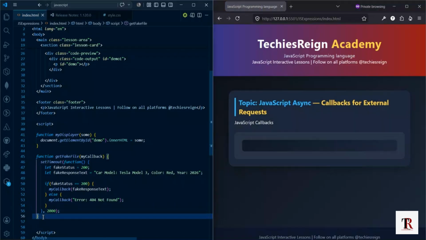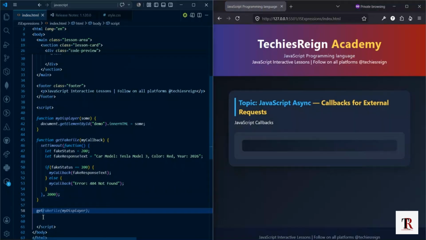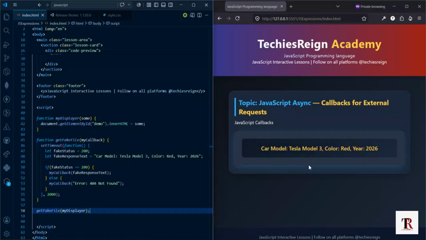And at the end, I'm going to go ahead and now call the function itself, getFakeFile. That is the function name that I have here. And then I will pass in my function where I want the display to happen, which is this one. And if you look at my screen after 2 seconds, you can see that now I have the fake response